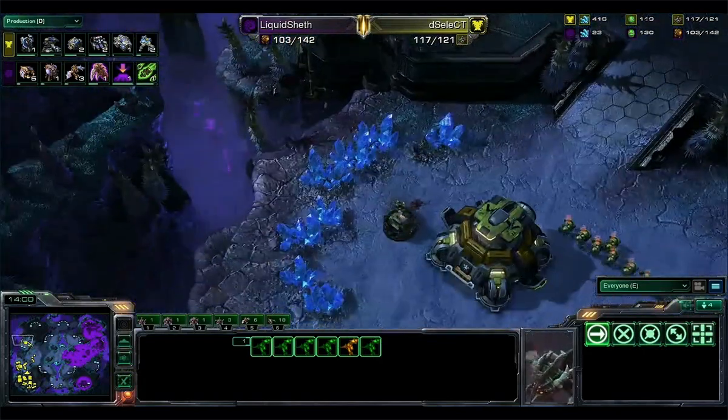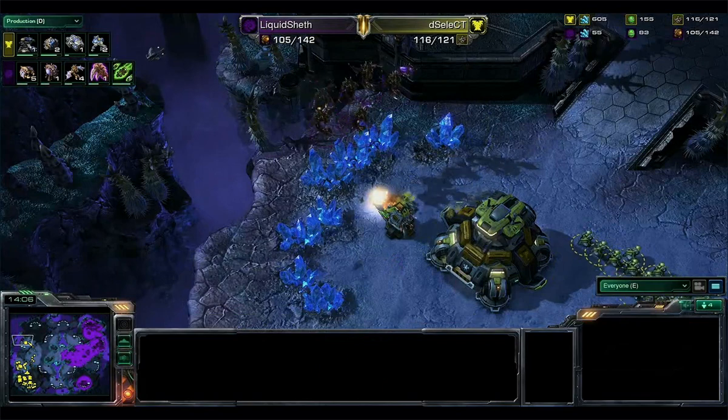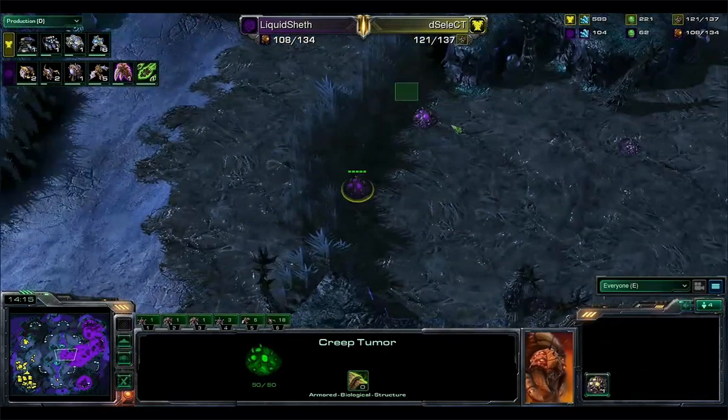Finished up by that SCV. But Sheth is not done. He's coming back in to finish the missile turret, and he will get it as well as the SCV. He's going to return home, and look at the creep spread coming out of Liquid Sheth already across the map